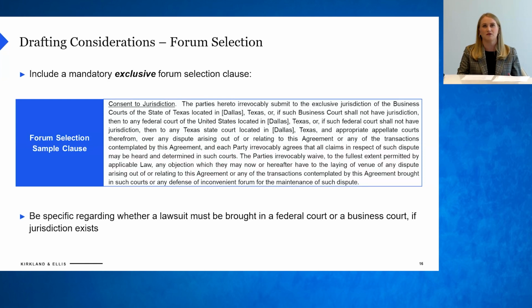So also, we've gone from the business court, if there's no jurisdiction over the business court, to the federal courts located in a certain county. And then if the federal courts don't have jurisdiction, then in a state court located in a certain spot as well. Right. So applying this to the example that I gave,